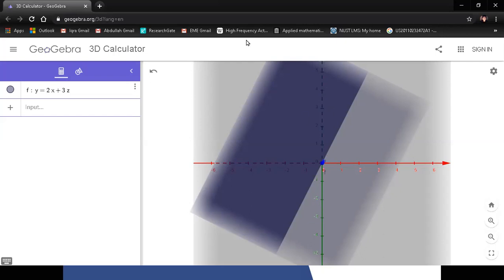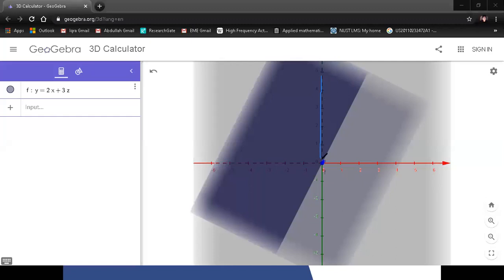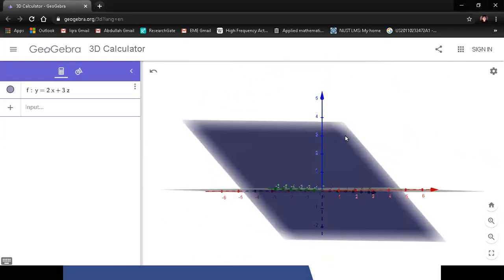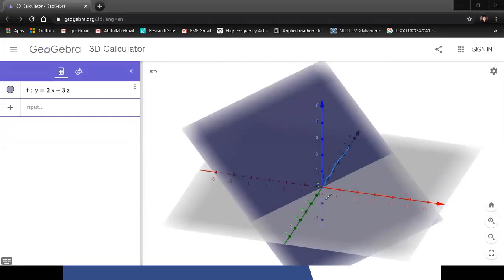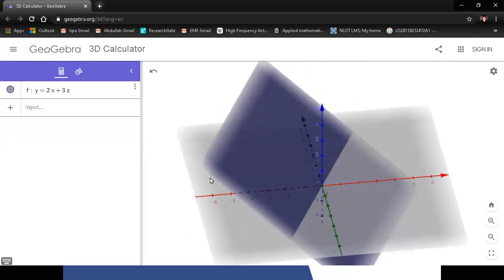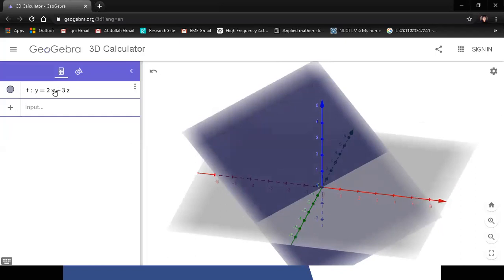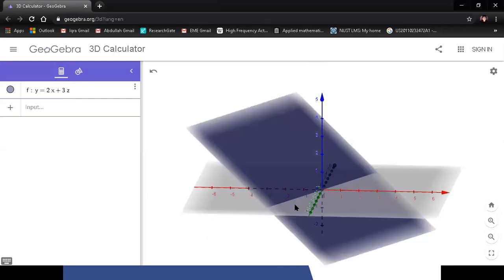What is the third dimension? If this was my y-axis and this was my x-axis, I need to add another axis right here, which is the z-axis, kind of like this. This is the y-axis, this is the x-axis, and this is the z-axis. They're all at a 90-degree angle to each other. And you can see that in 3 dimensions, my equation with 3 variables, y equals 2x plus 3z, or it could be anything else, 2x plus 3z plus 4y equals something, it will graph as a plane.